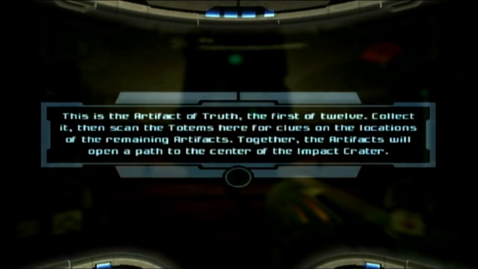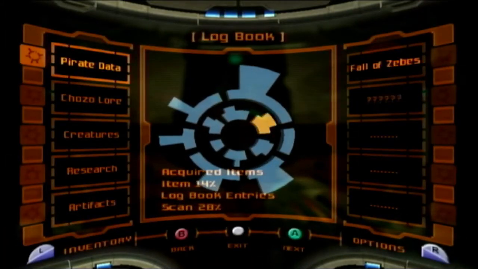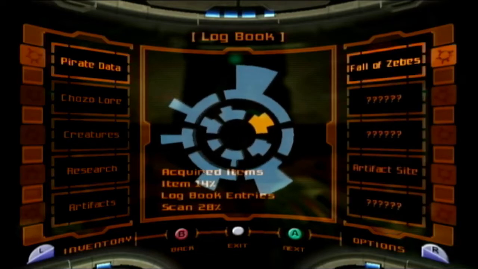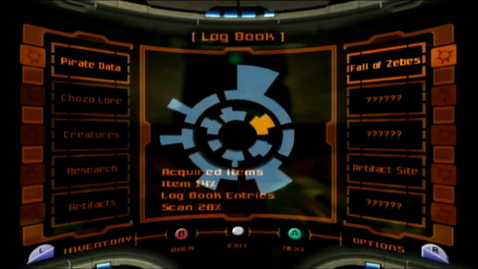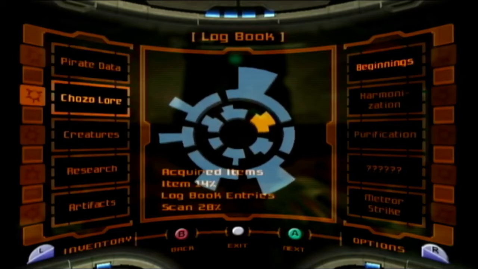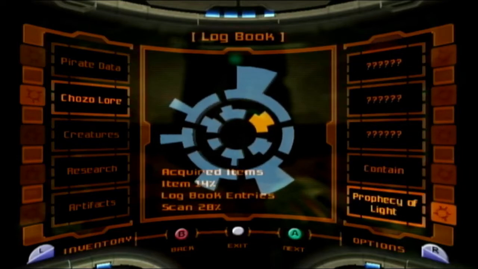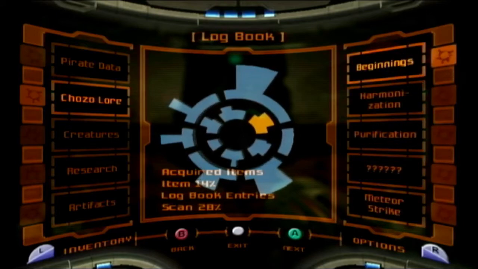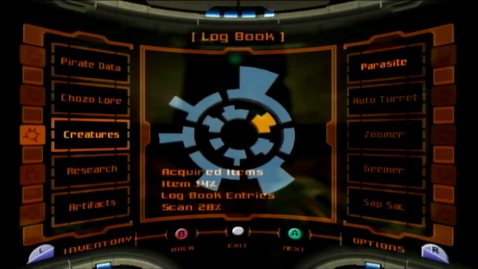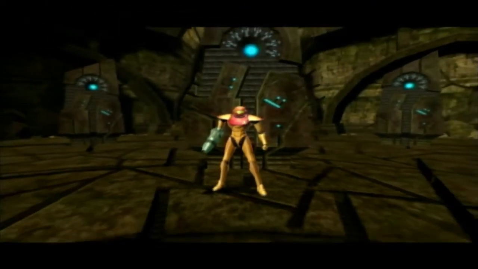The artifact of truth. And we get a fancy little symbol right in the middle of our pause screen. Now, if you pay attention, you will actually see that all of these lore entries are laid out in chronological order. Not for the creatures, though. So,